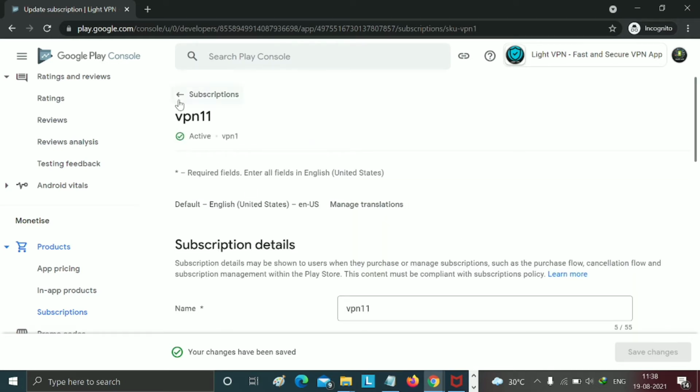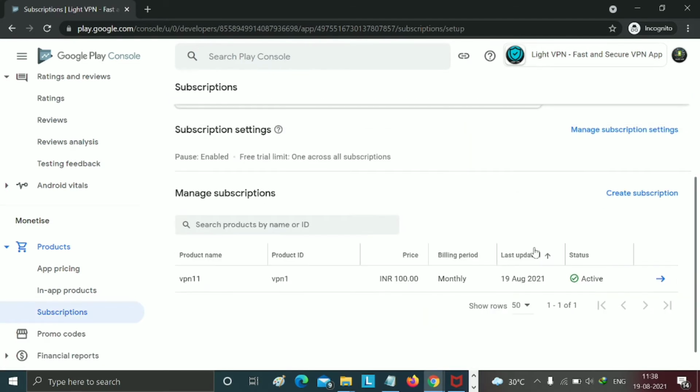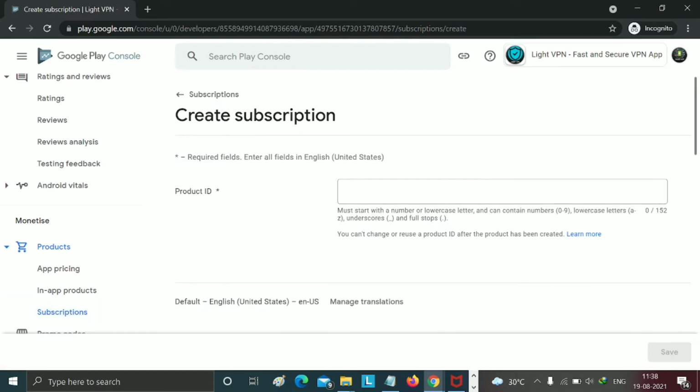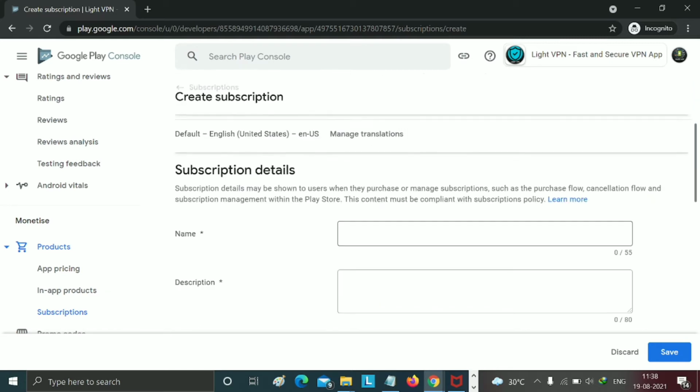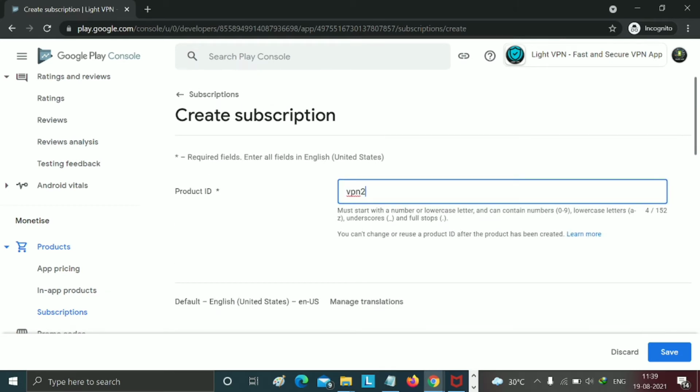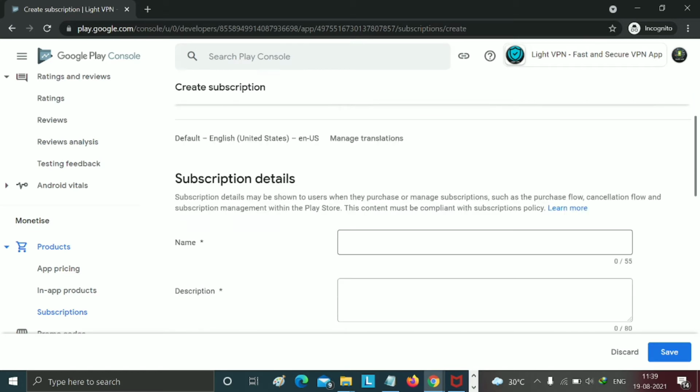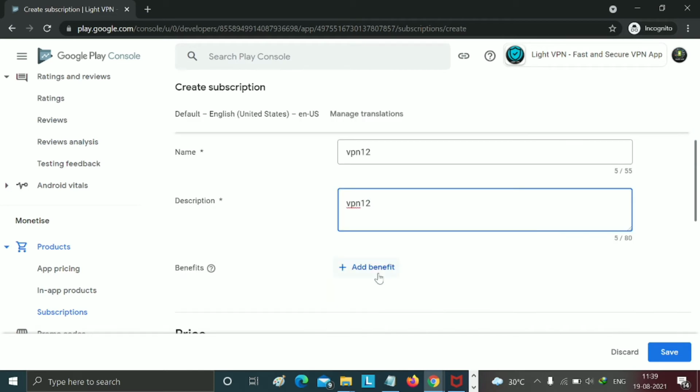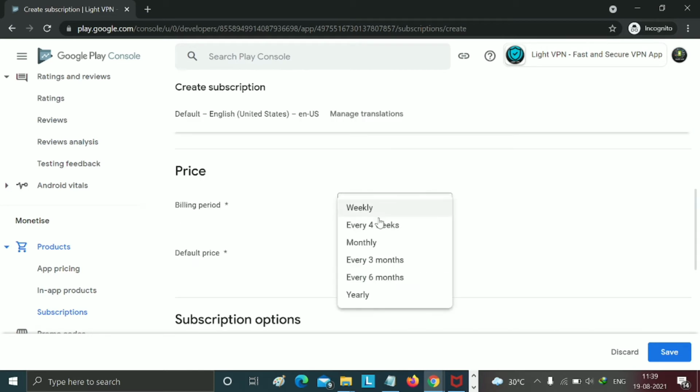Okay, again click on the subscription button. You can see one subscription is added. Now we again need to click on create subscription. I have added monthly. Now we need to add 3 month, 6 month and yearly. In total I have 4 plans, so I will add all. I have added product ID VPN2, and again the name is VPN12 and the description is also 12, and the billing period is 3 month.